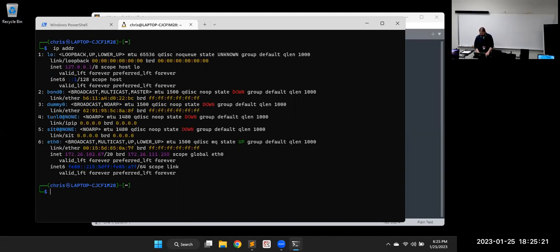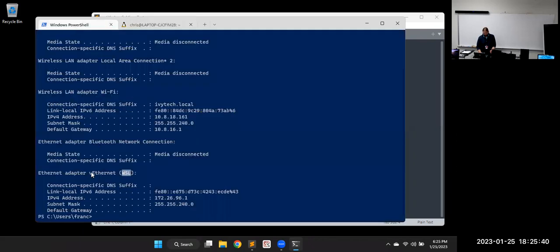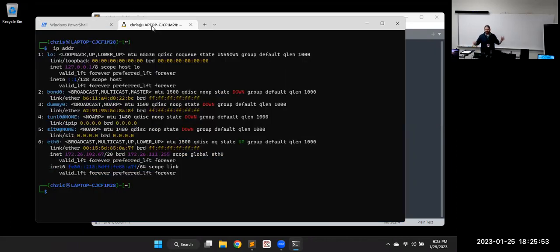I'll just talk about it. Grab the numbers you need from here, and I'll talk about that in a little while. But notice the internet address this has. It's hard to see when I highlight it there, but 172.26, some other stuff. Over here in PowerShell, that Ethernet shows 172.96. For those who have had networking, the two spots are on the same subnet. So it is fully networked together.